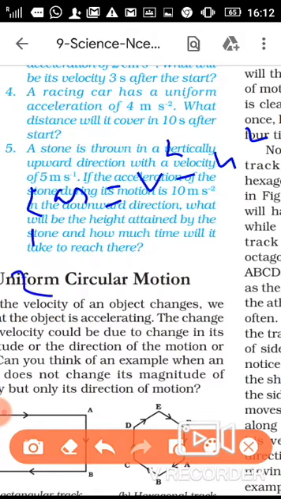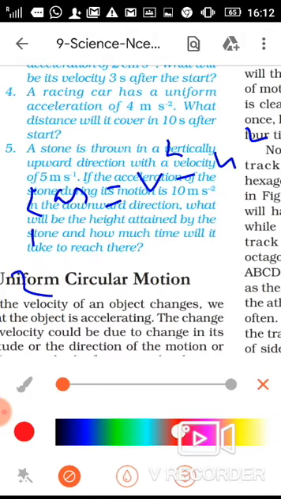You write 2, and for A the value is given. Acceleration is 4 meter per second squared. You write 4 here, into S, which you have to find. Then V is what? Acceleration of 4 meter per second squared. What distance will it cover in 10 seconds